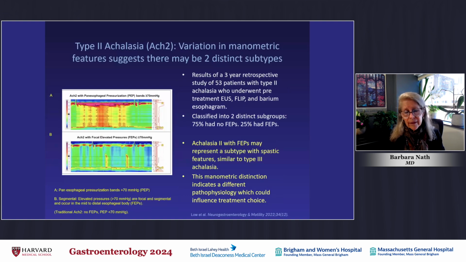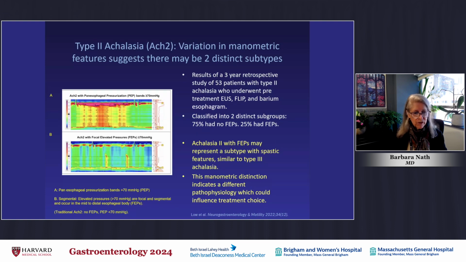There's been a change now in the way achalasia 2 is being looked at. In fact, there is a second distinct subtype for achalasia 2 that was described based on the results of a 3-year retrospective study from Chicago of 53 patients with type 2 achalasia who underwent the usual EUS, FLIP and barium esophagram. 25% of these patients have what is called